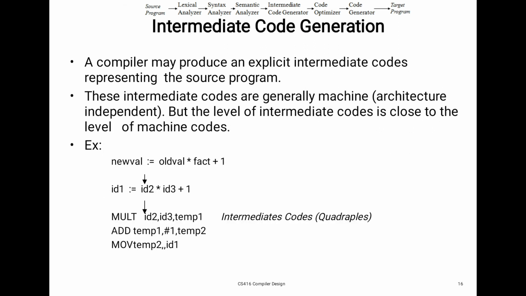Next we go with an intermediate code generation. This is very important. The first three phases, that is the analysis phase, entirely depend on the language. In the analysis model, the source program is read and broken into small pieces. During this process, intermediate code is generated. So the analysis phase entirely depends upon the language itself.